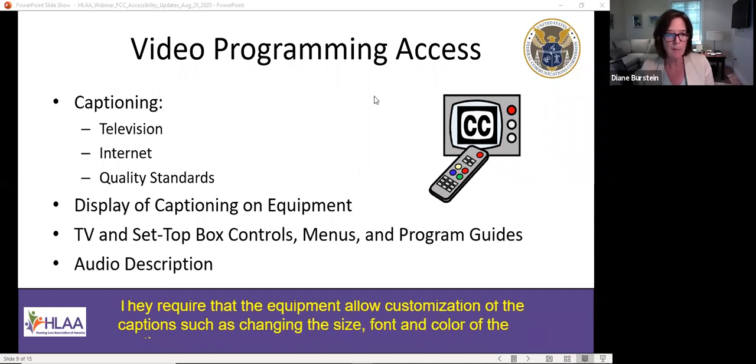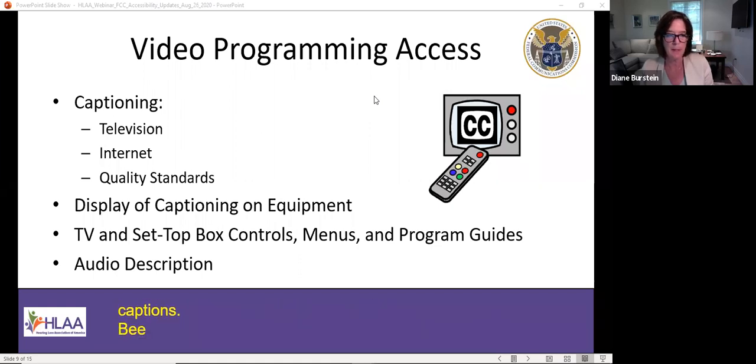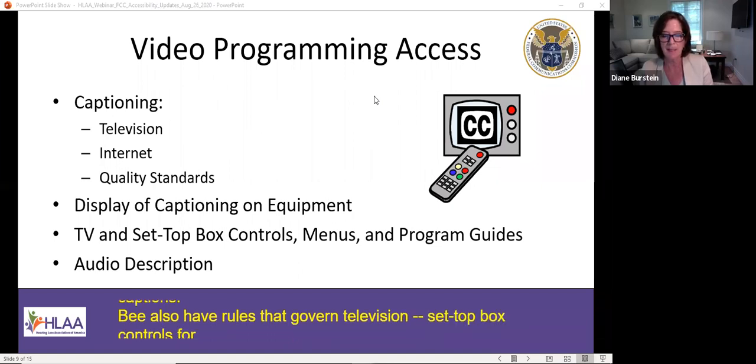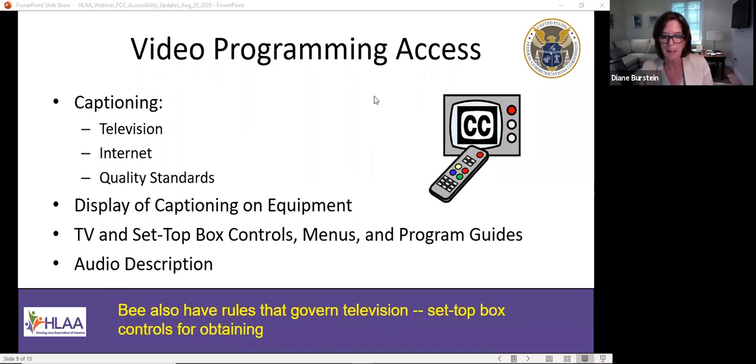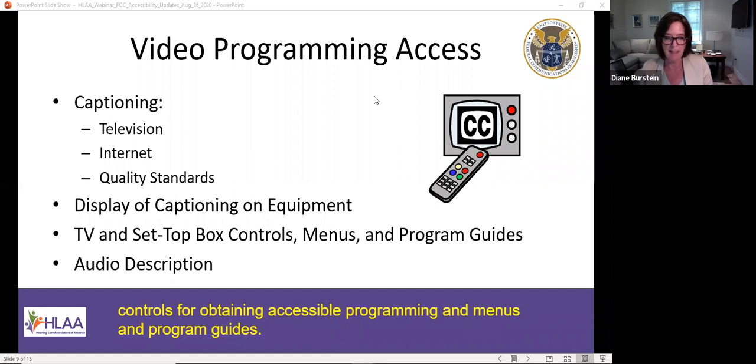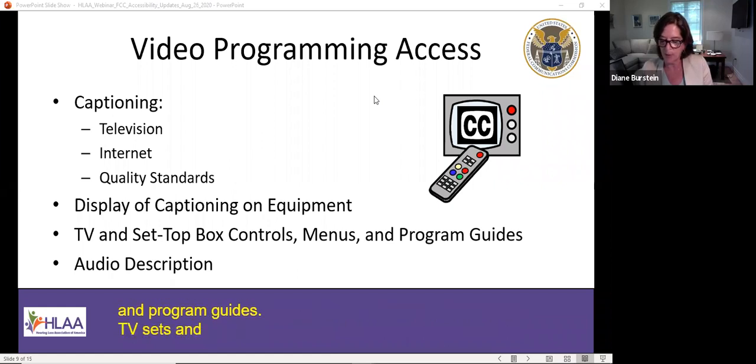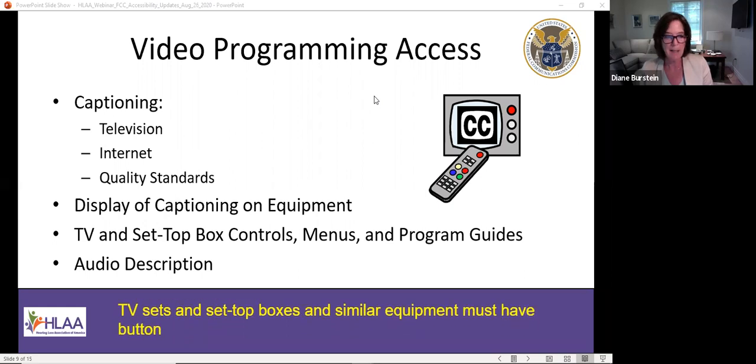We also have rules that govern television sets, set-top box controls for obtaining accessible programming, and menus and program guides. TV sets and set-top boxes and similar equipment must have a button, key, or icon to access captions.